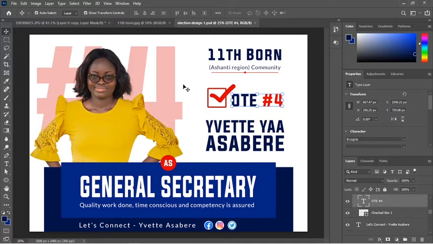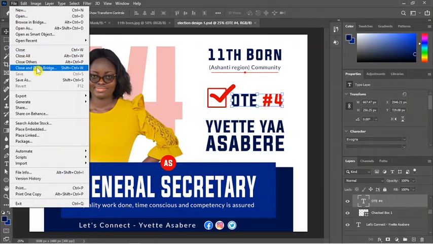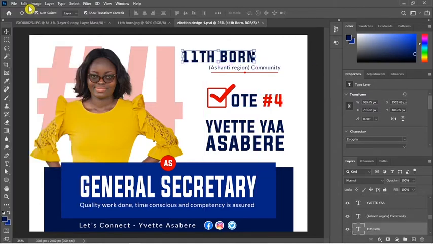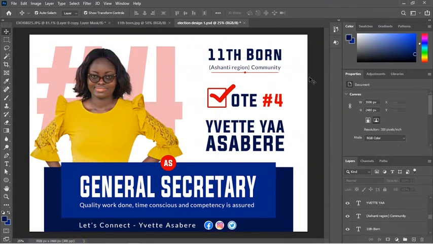So anytime you are working, make sure when you start the design, save it so that when light goes off or your machine breaks down, you have a backup of what you've got up to. So make sure you always save it. The shortcut for the save is Ctrl X. You can even check it here, Ctrl X, so that you will be able to save changes. You click on it to save changes, or if you want to undo, just undo. So in this way it's going to help you.